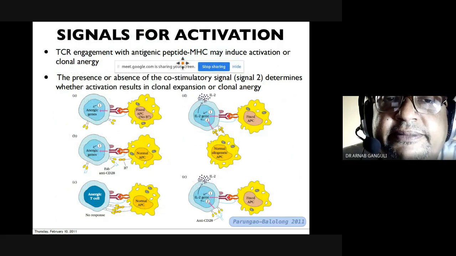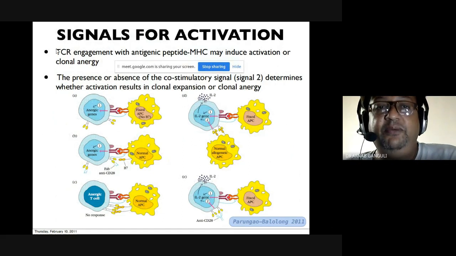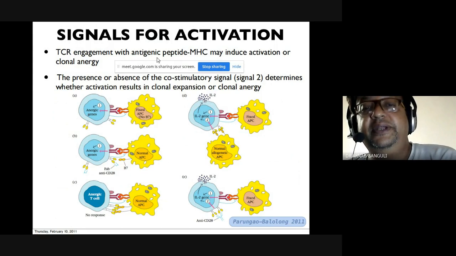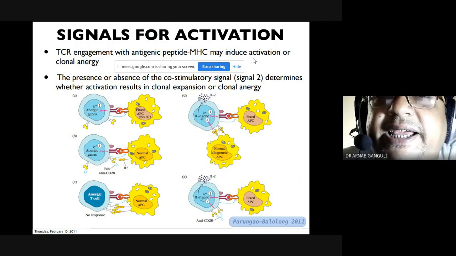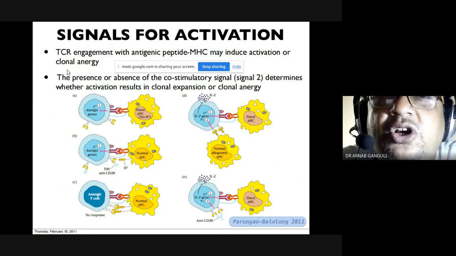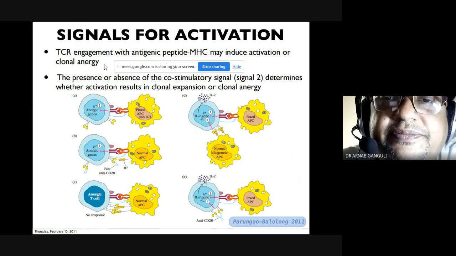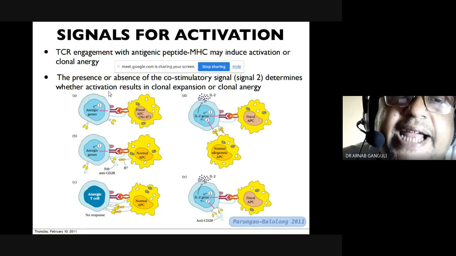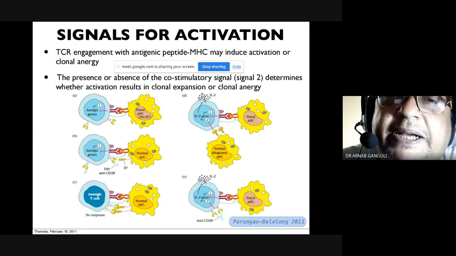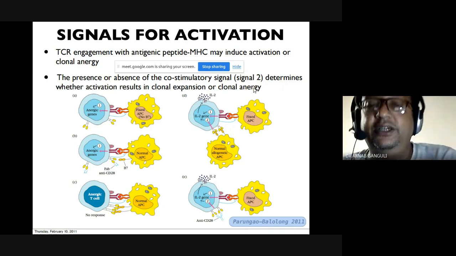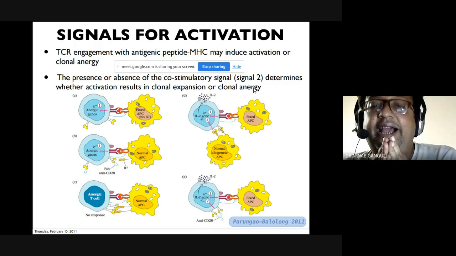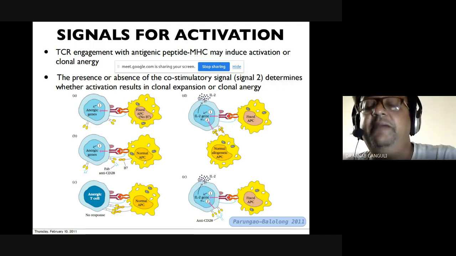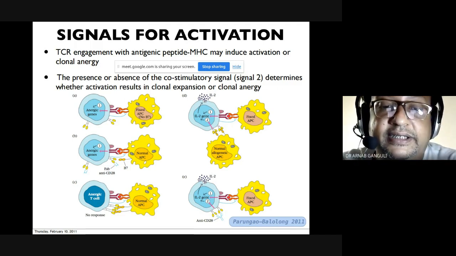এবারে টি সেল এনগেজমেন্ট with antigenic peptide MHC may induce activation or clonal anergy. The presence or absence of co-stimulatory signal determines whether activation results in clonal expansion or clonal anergy. এনার্জি মানে উড়িয়ে দেওয়া, আর এক্সপ্যানশন মানে বেড়ে গেল নাম্বারটা। ঠিক আছে,